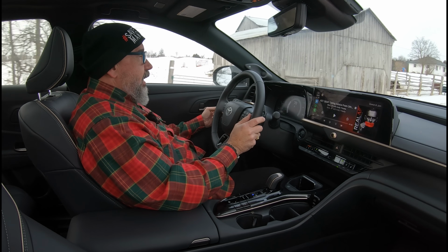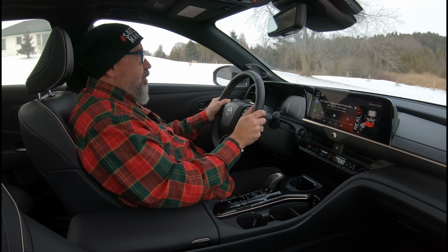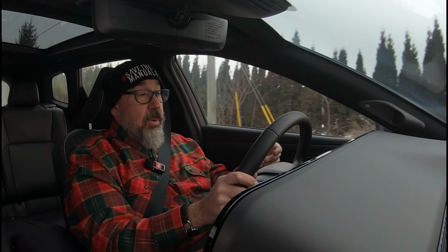Basically, it's just more engaging for me and more responsive for me, and it's like they've created a hybrid drivetrain here that actually doesn't judge you for your driving habits. And what I've found, for the most part, the transition from electric motor to gasoline motor and back again is smoother than my transition from